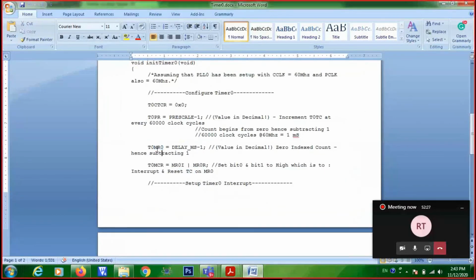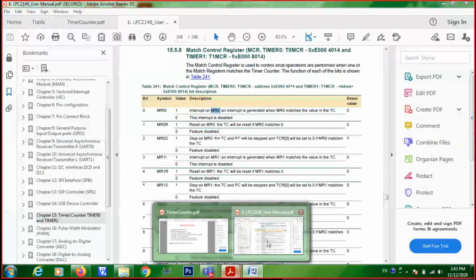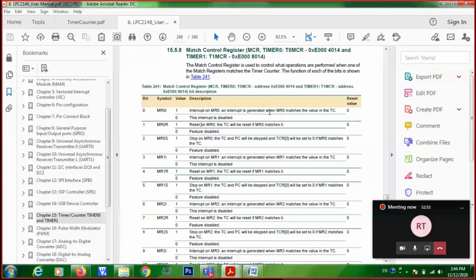So whenever the timer counter is equal to this, you need to generate an interrupt and reset the timer. Which bits are you going to configure? Bit number 0 and bit number 1, and you need to write the value 1 in both.